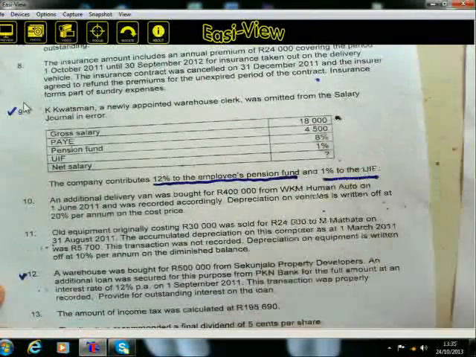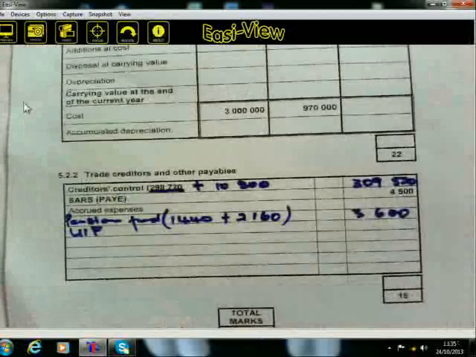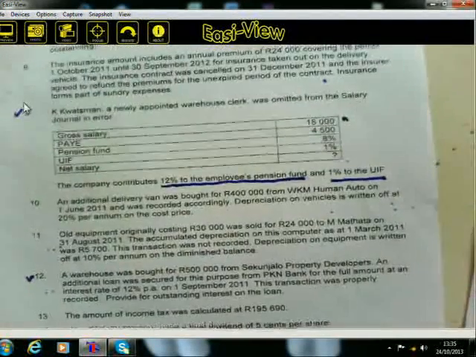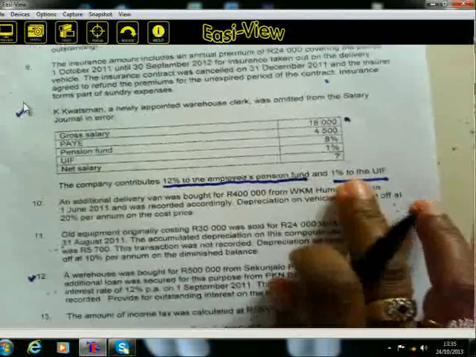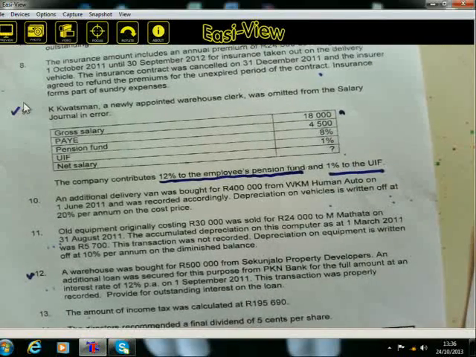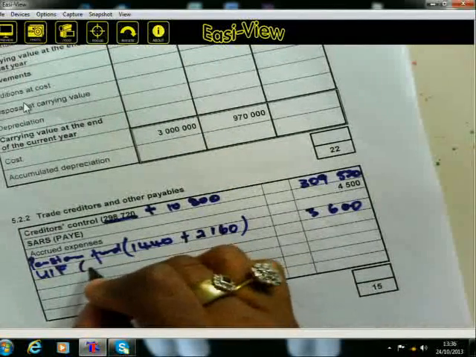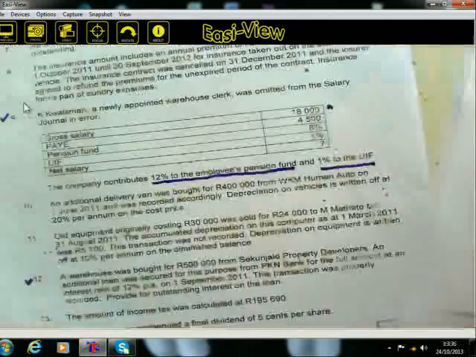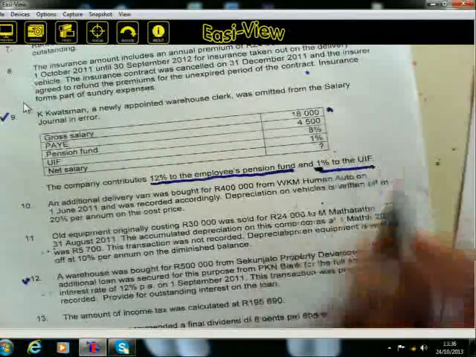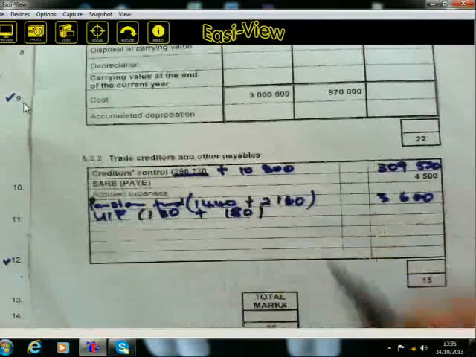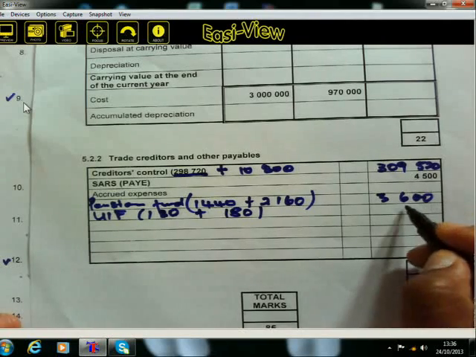The 18,000 times 8% times 18,000 times 1%. That is 180. So we as the employee pay 180, and then the employer will pay 1%. That will give us another 180. So the total there will be